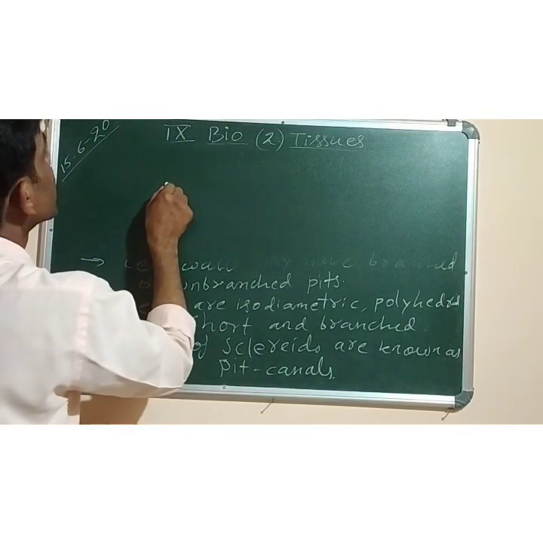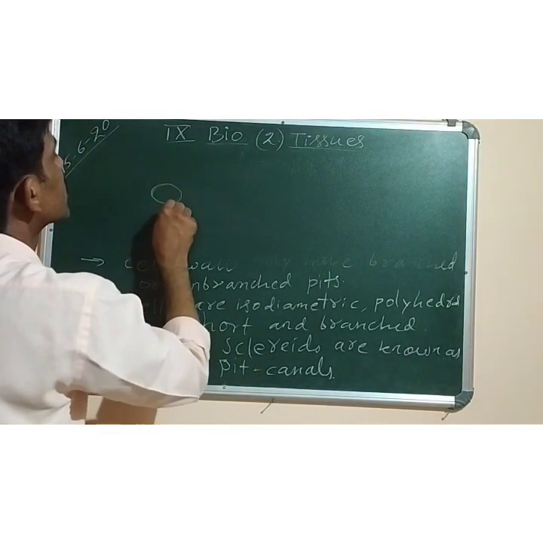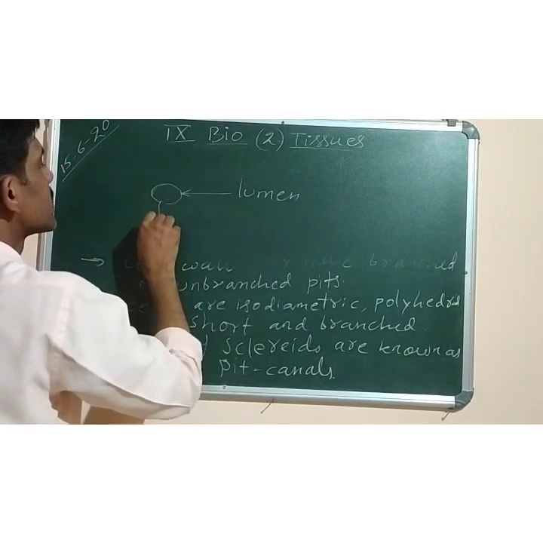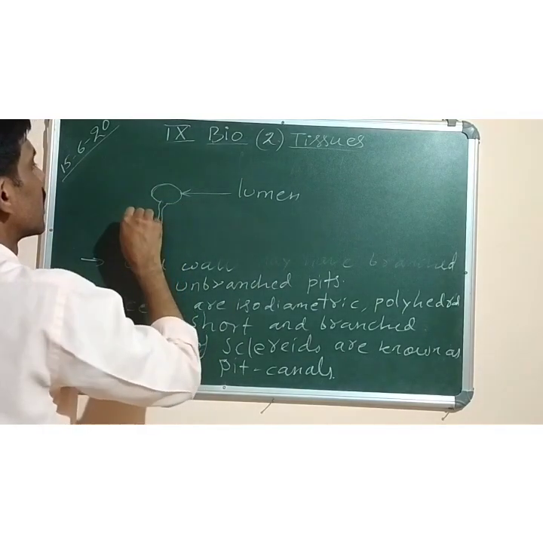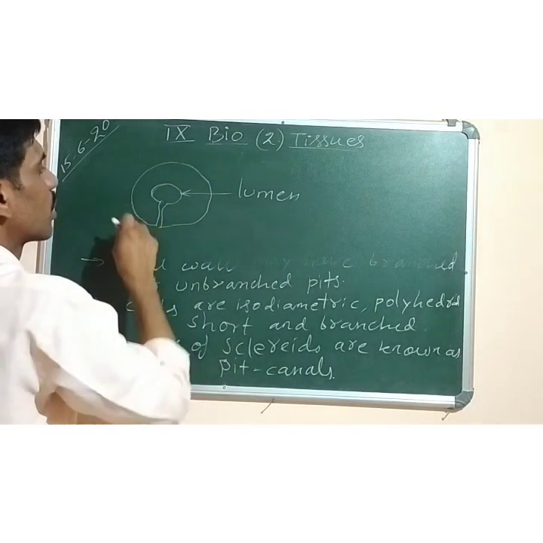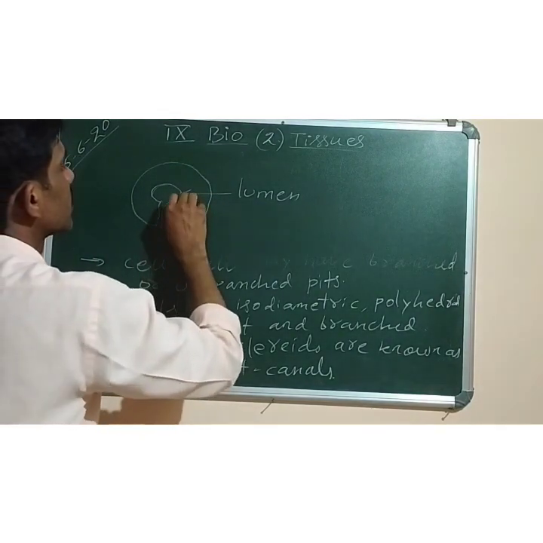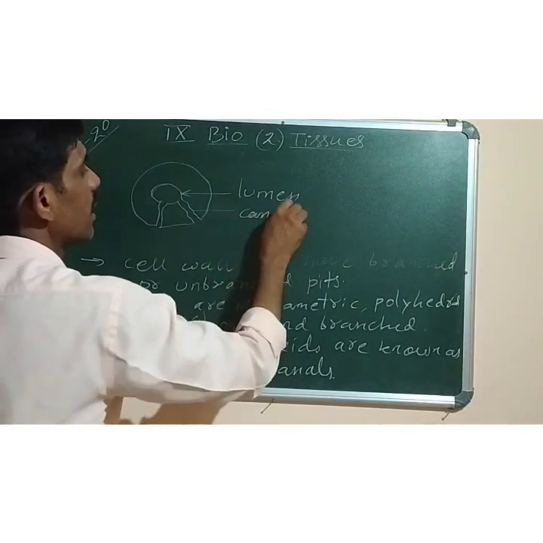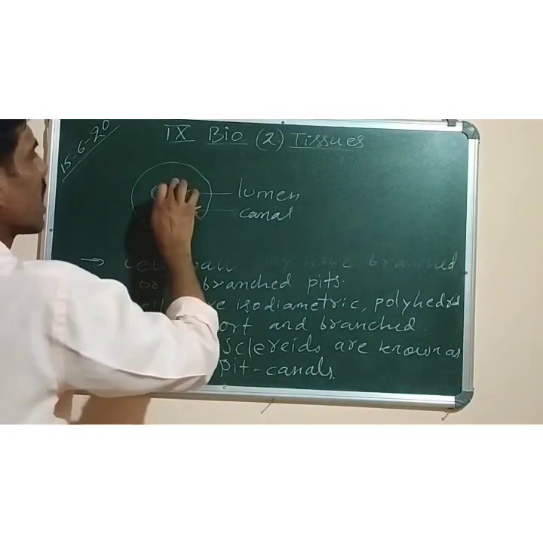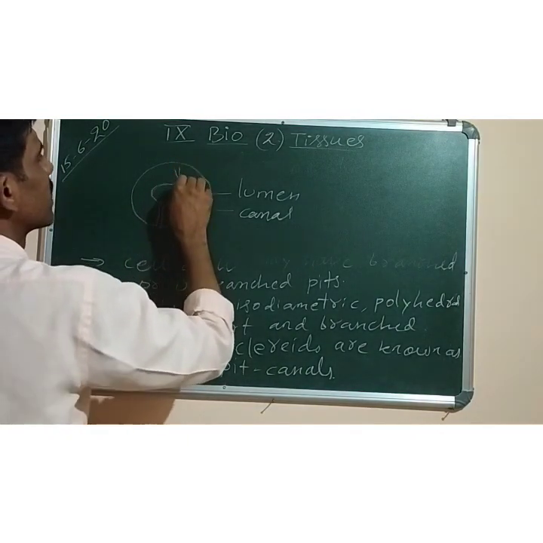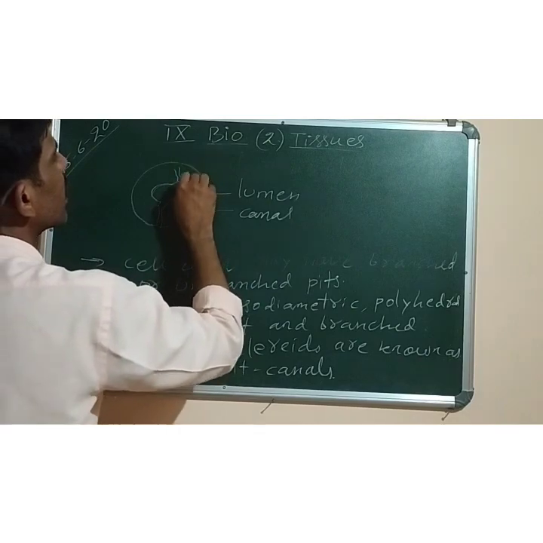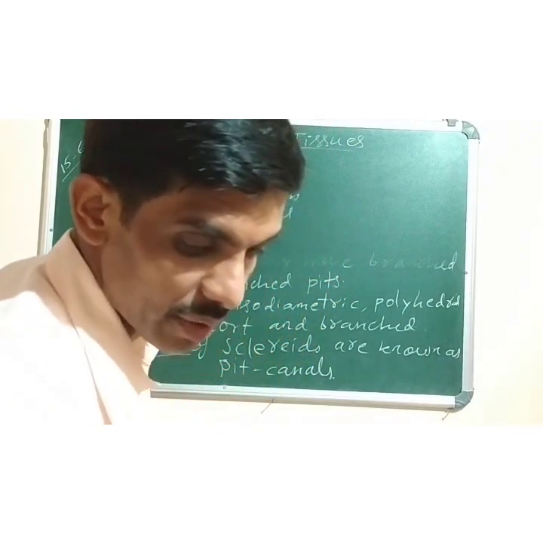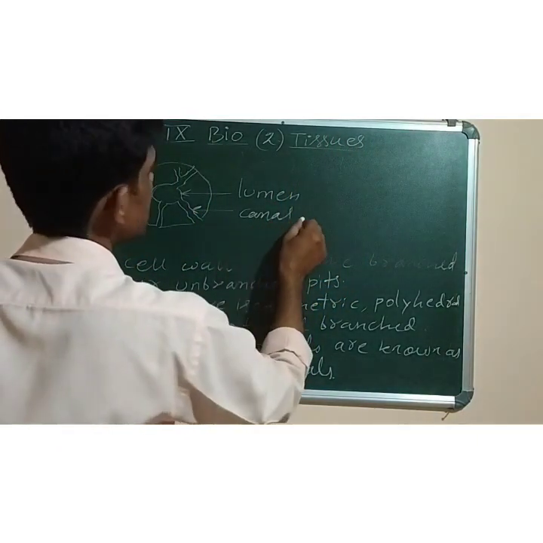Like in the center we have the lumen. Okay, this one is called lumen. Now from this lumen, many branches, these are called the canals, will arise. Like this I have drawn. Now see, from here also one more canal. So what is it called? This is called canal, C-A-N-A-L. Now this canal is simple, no branches, but sometimes the canals may have branches also like this. Okay, the branches may also arise. So this one has branch also, no? So this is called simple pit, that one is called branched pit.